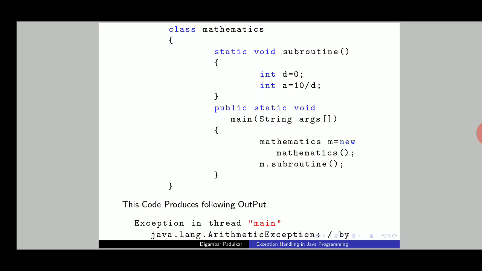Basically this is going to produce an exception, and that exception means that to compile this program we don't have any error, but during the execution it produces that error. So how and what kind of error this produces is listed in the section below. This code produces the following output, and that output is: exception in thread main